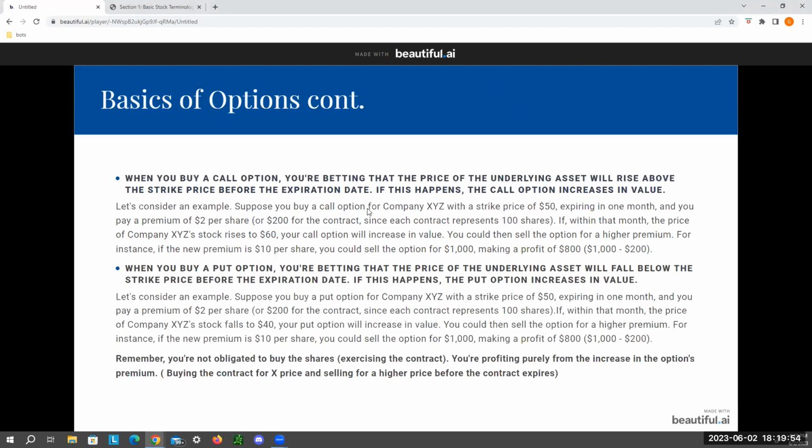So when you buy a call option, you're betting that the price of the underlying asset will rise above the strike price before the expiration date. If this happens, the call option increases in value. So here's an example. Suppose you buy a call option for company XYZ with a strike price of $50,